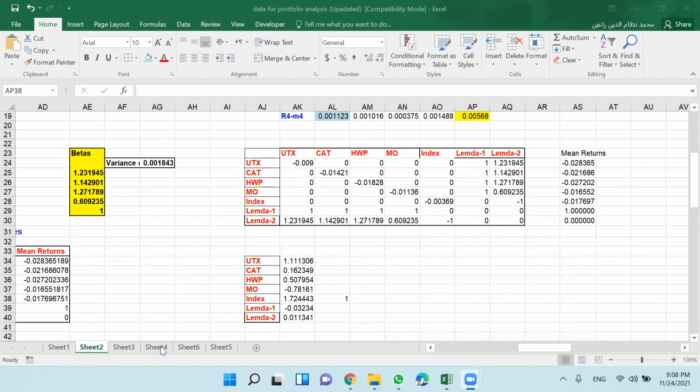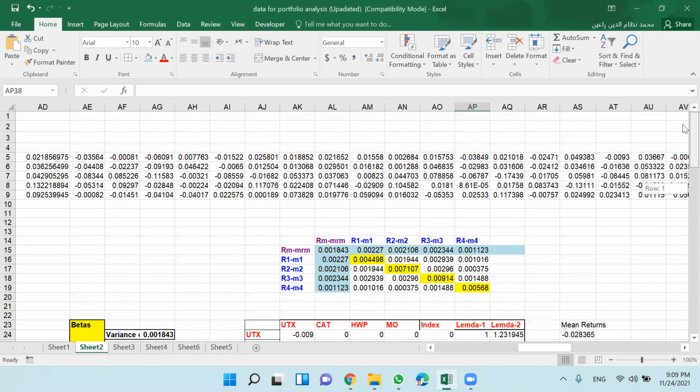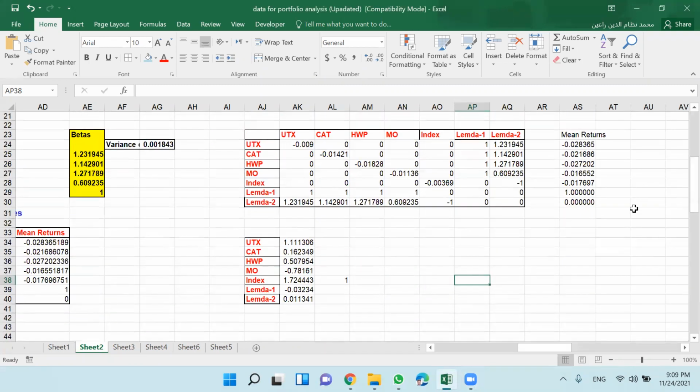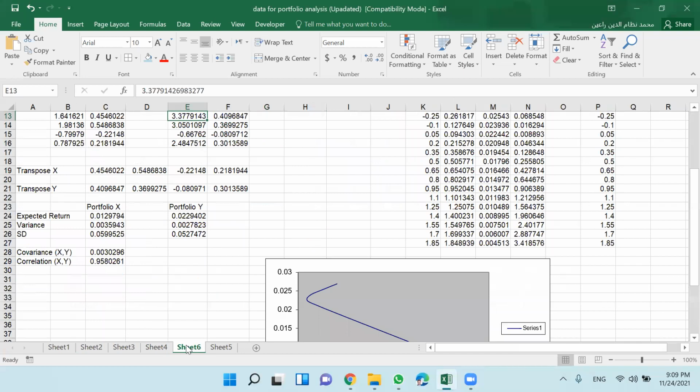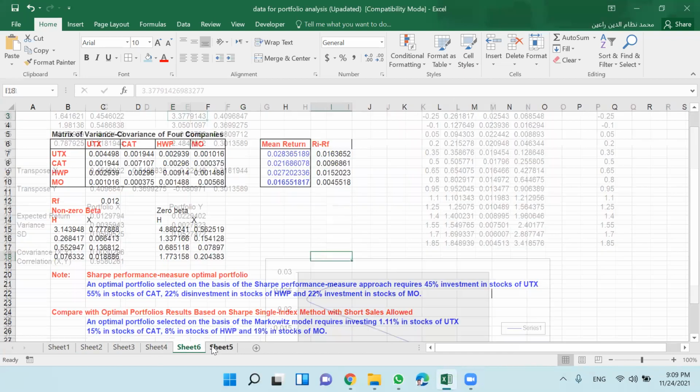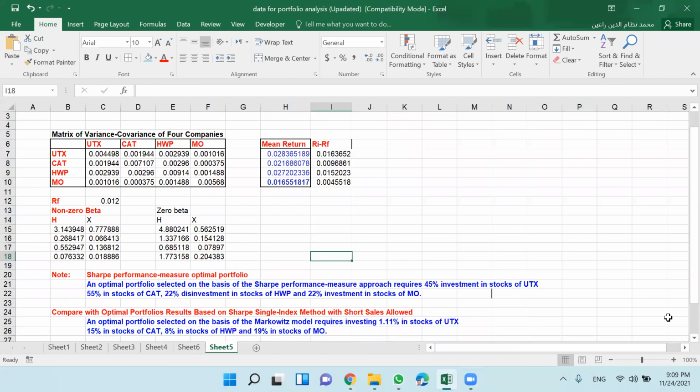The third portfolio selection approach is what is described as the Sharpe performance measure approach. Can you hear me? Yes, doctor, we can hear you. Yes, doctor. So this is